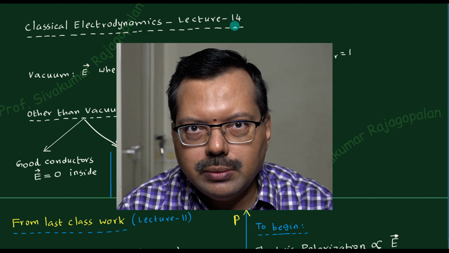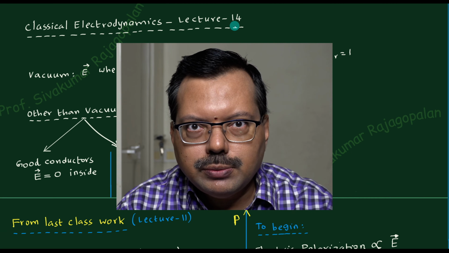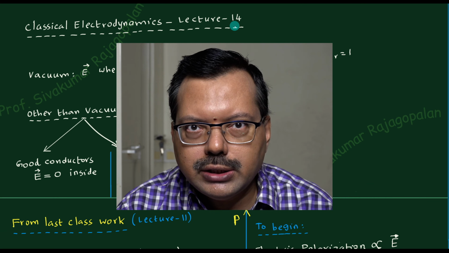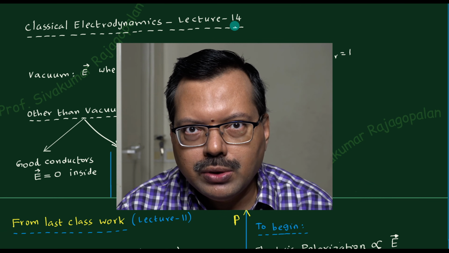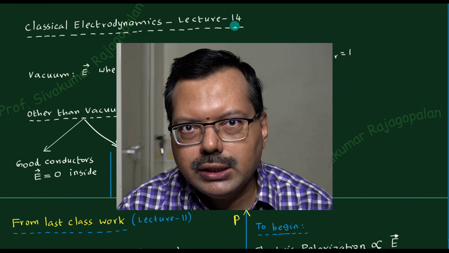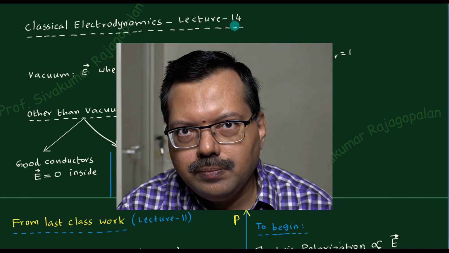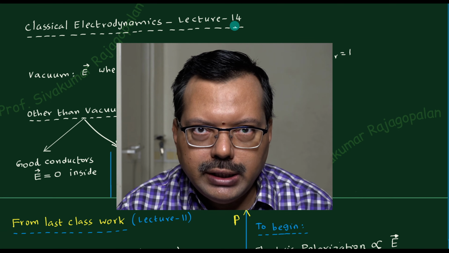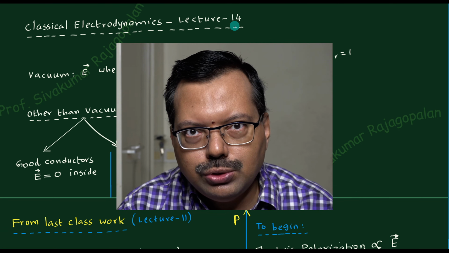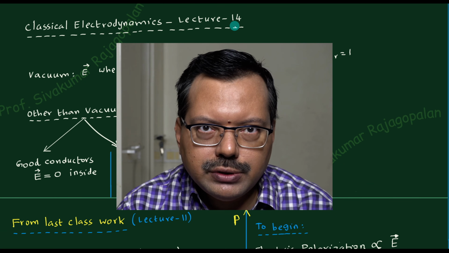We have been discussing dielectrics. That means we are considering a collection of dipoles. Suppose you have a collection of dipoles in some region, and we were interested in calculating the electric potential at a far away distance from the collection of dipoles. That was the discussion in lecture number 11, and we understood that the electric potential due to the collection of dipoles can be decomposed into two electric potentials: one exclusively due to the volume bound charges, and another due to surface bound charges.